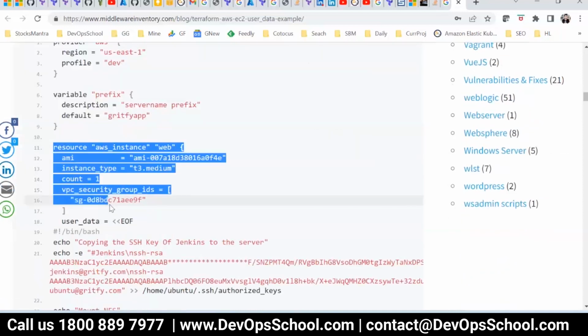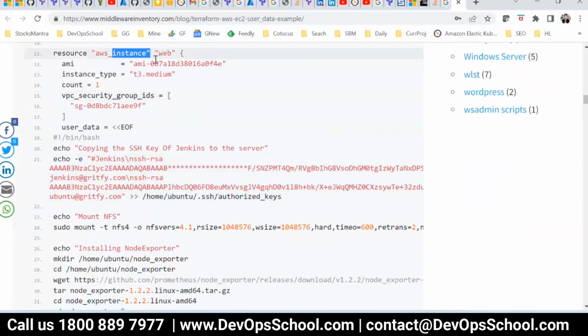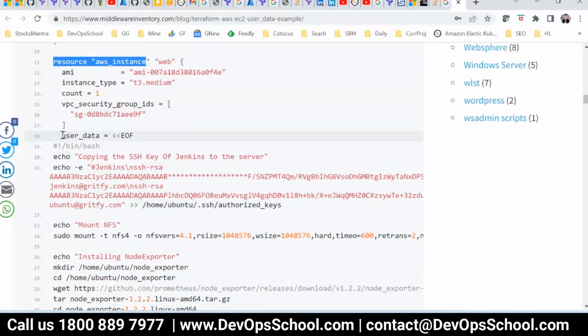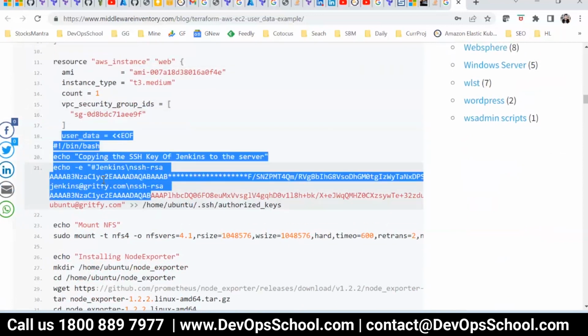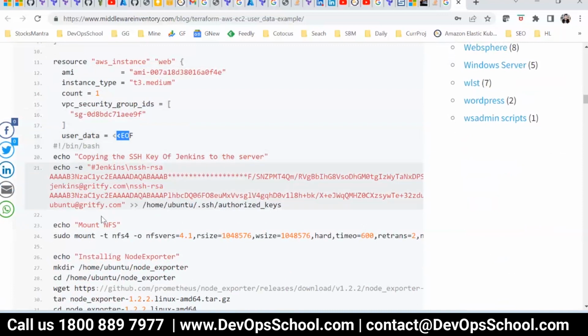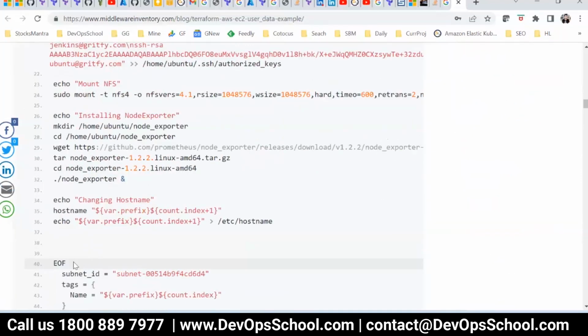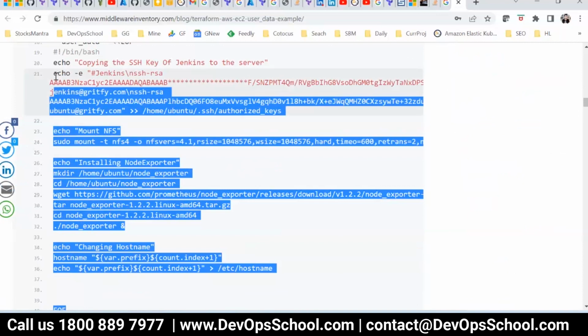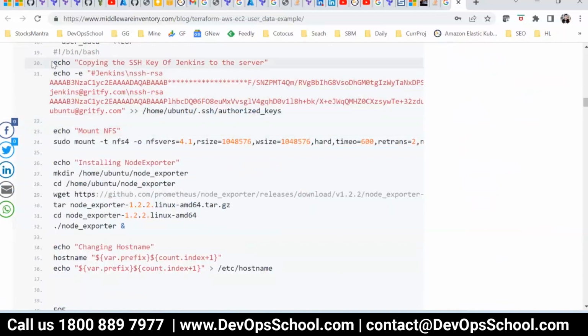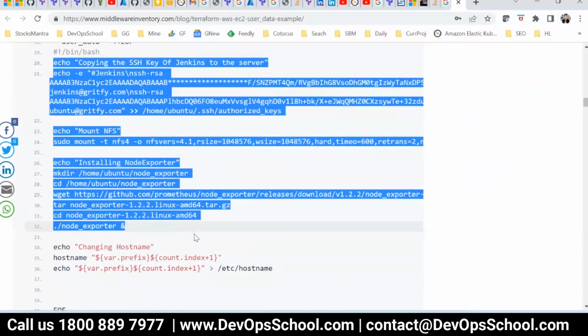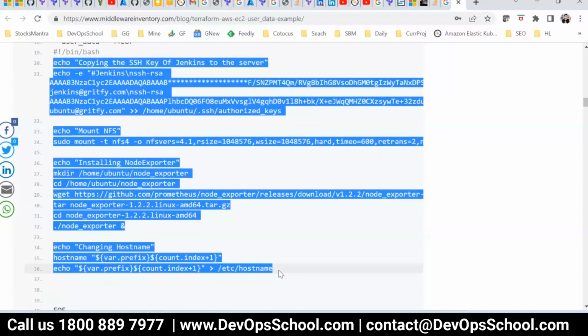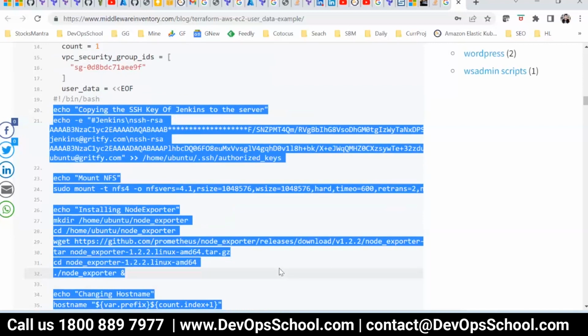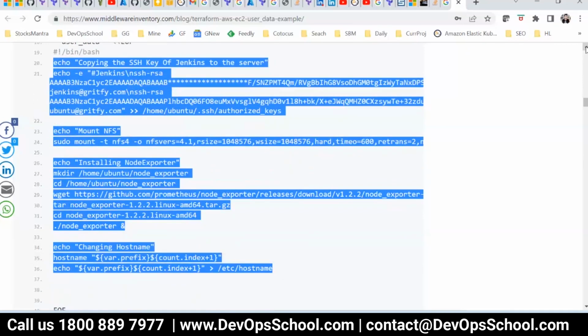This is the instance which will create a VM, and here you have user data. Look at this starting EOF and somewhere ending EOF. Here it's pretty long commands. Basically, these are all commands which will run during the bootstrapping process. Are you understanding this? This command can be anywhere.